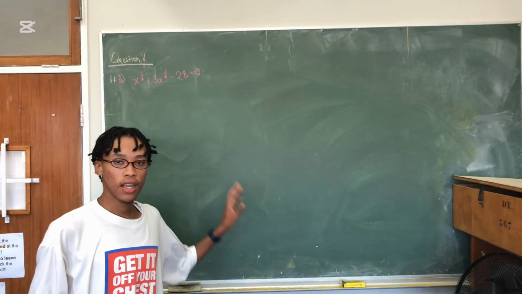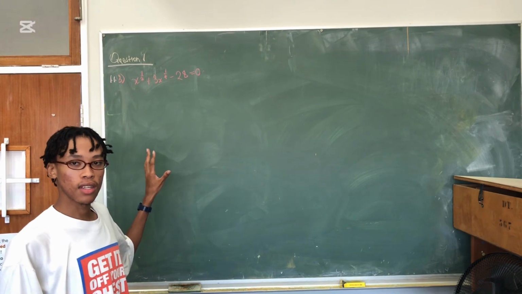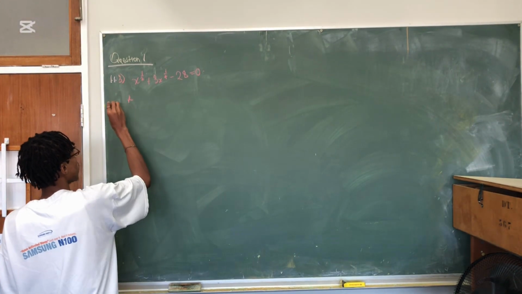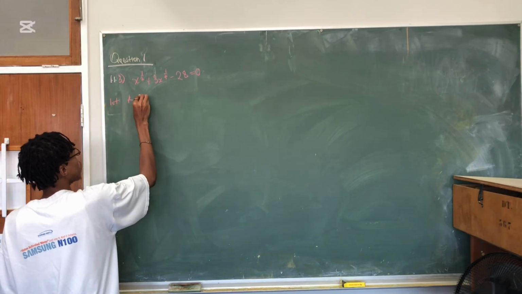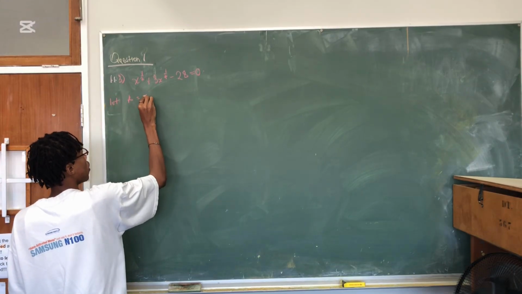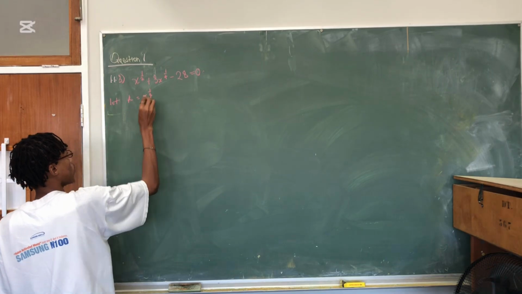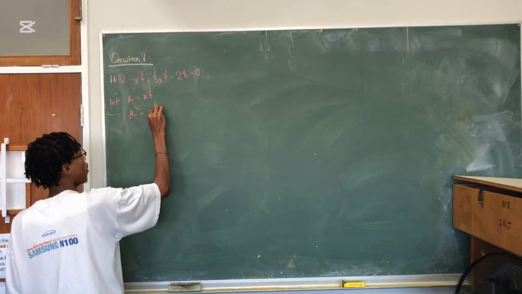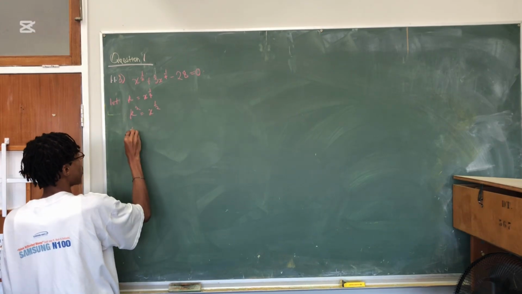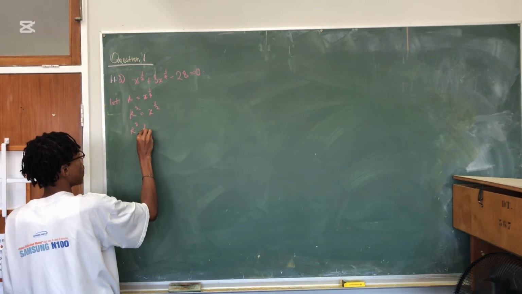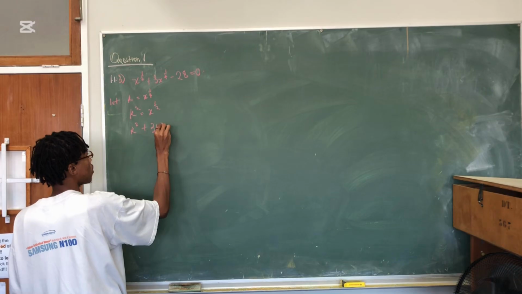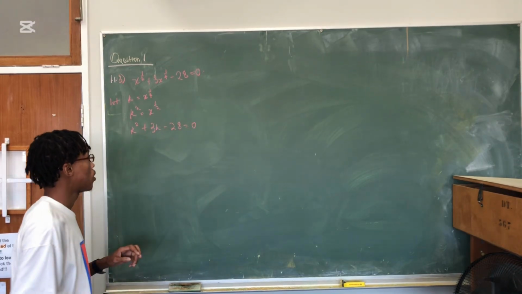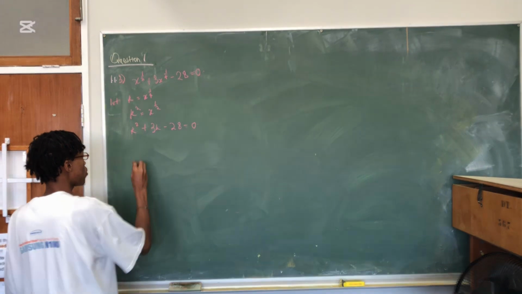For the third one, there are multiple ways to solve this, but the method that we're going to use is using k, x to the power 1 over 4. That means that our k squared is going to be x to the power half. So this is k squared plus 3k minus 28 is equal to 0. Our factors are going to be